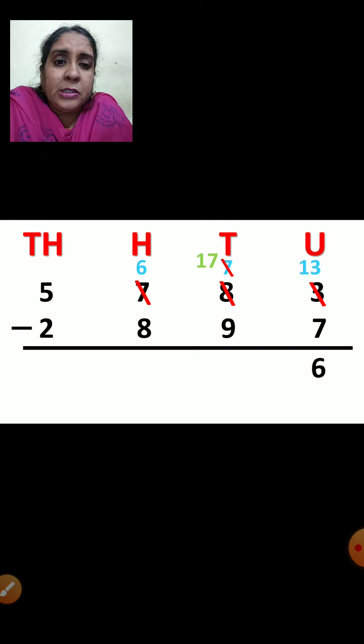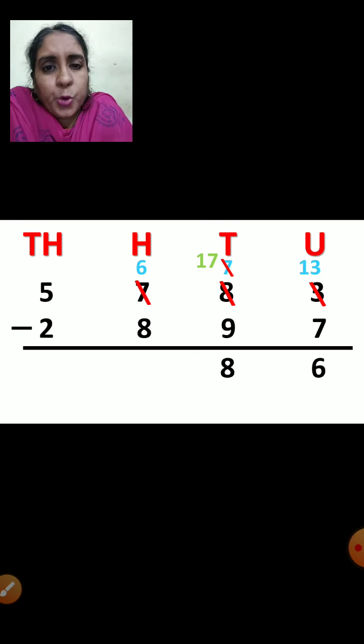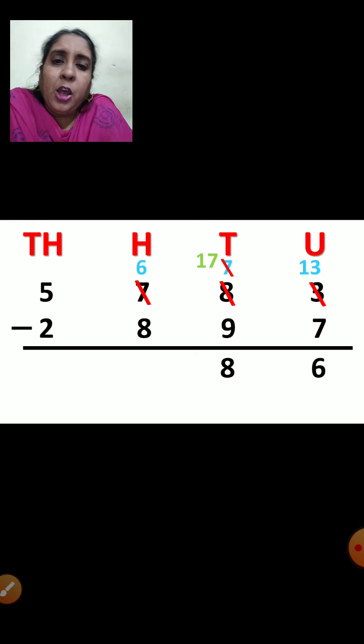Now you can subtract. Now 17 is a big number, right? And 9 is small. So 17 minus 9. How much will it be? Yes, it is 8. Very good. So you got the correct answer, right? Now we will go to hundreds place. Here also again you can see 6 is small, 8 is big. Can you subtract? No. So what will you do? Yes, you will borrow.